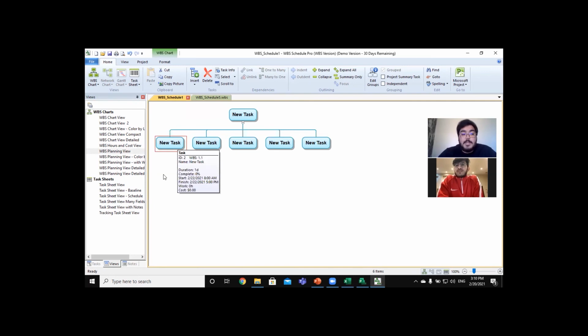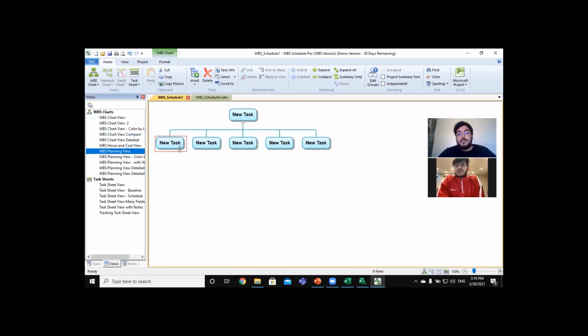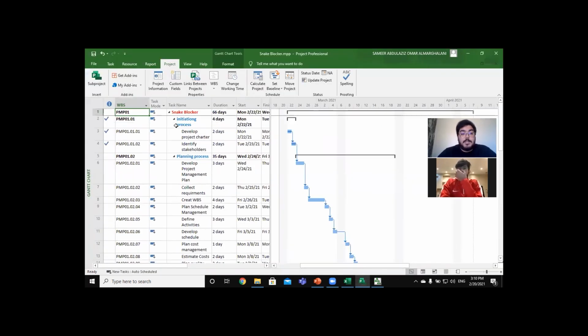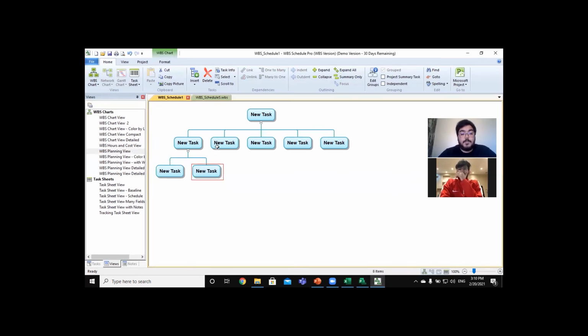But first let's move to the perfect view for the WBS. Here you will see the tasks in a vertical line, and here which is the horizontal, which is the best for this option now. We will enter the subtasks for the first summary task, and we have two, as you see here. The initiation process, we have two subtasks. So here two, and for the